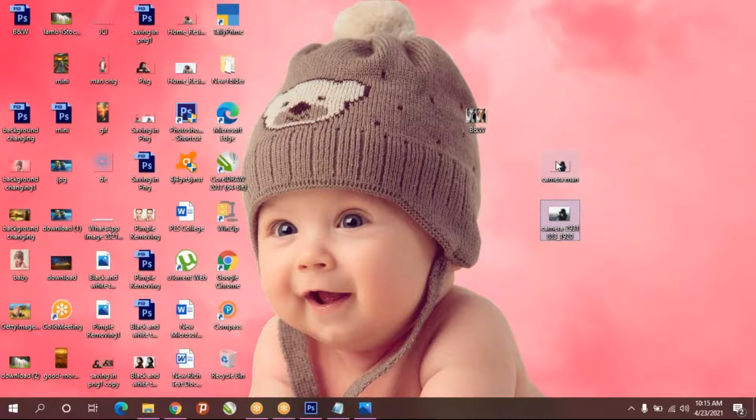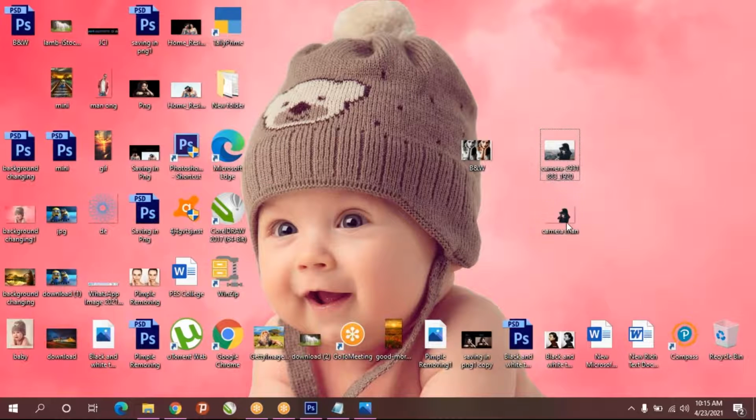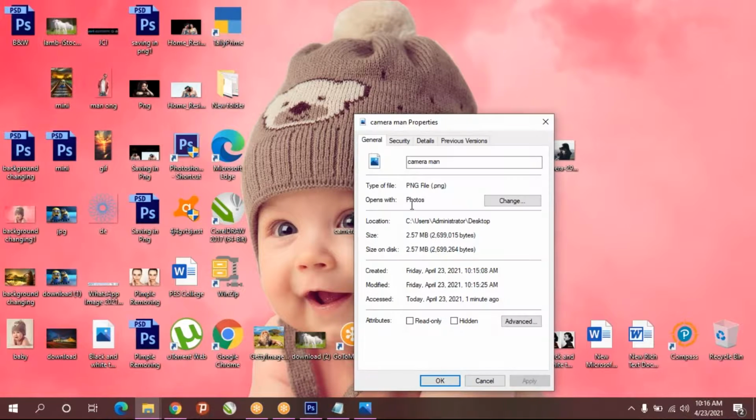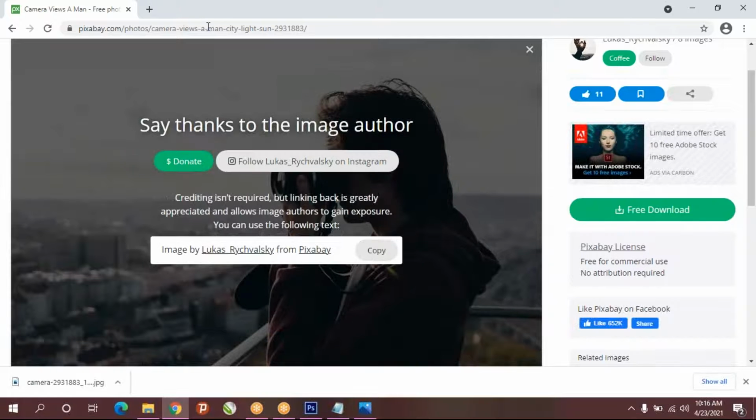Go to the desktop, and you can see that. So this is original, and this one was background removed picture, and you can see the difference. See, you can see through this. That eyes also you can see through this here itself. That means it is PNG file. You can right click, go to properties, .png, it is saved. But this is image which has background. So this image wherever you want you can use it. So example, I download some other image.